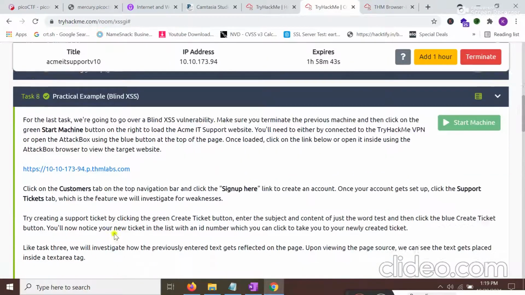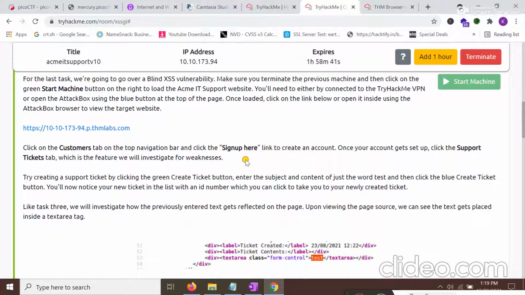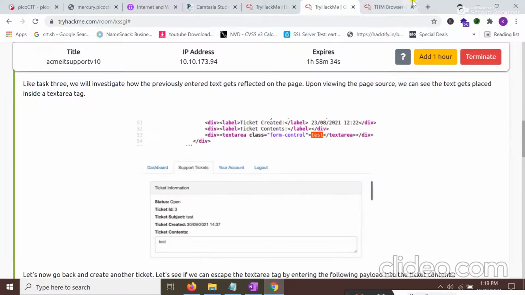Click on the customer tab, and here you can see a sign up form is present. Then click on the support ticket tab, which is the feature we will investigate for weakness.